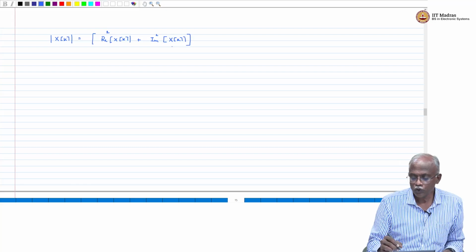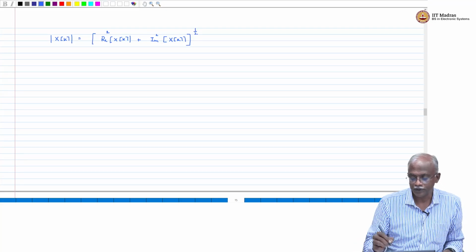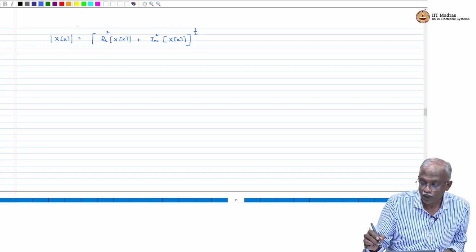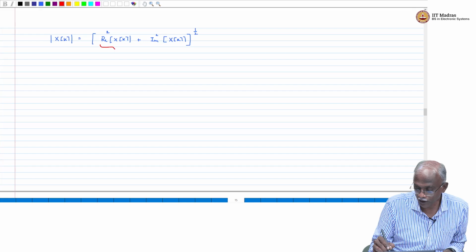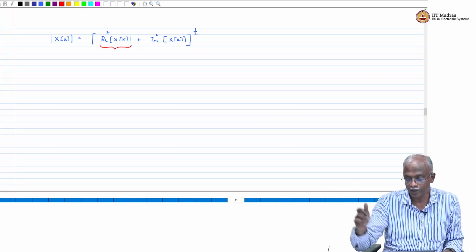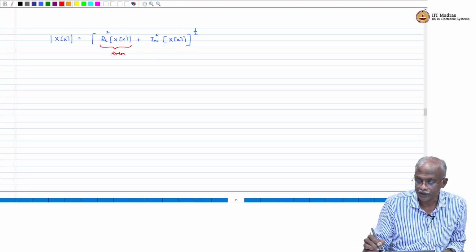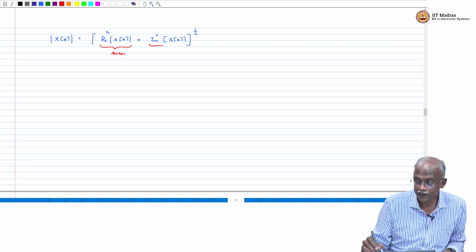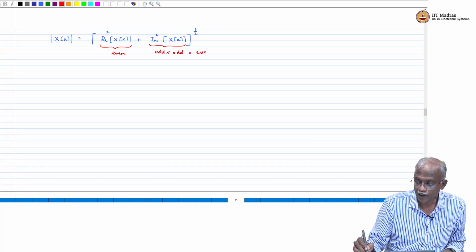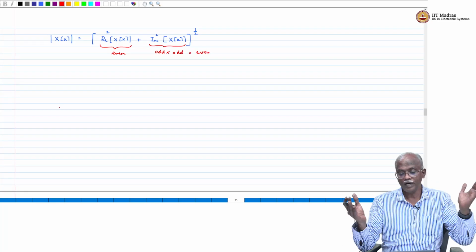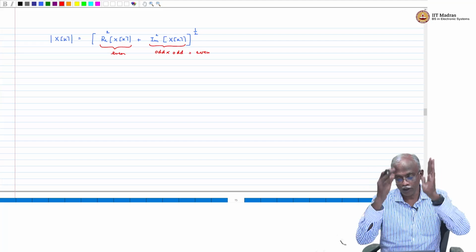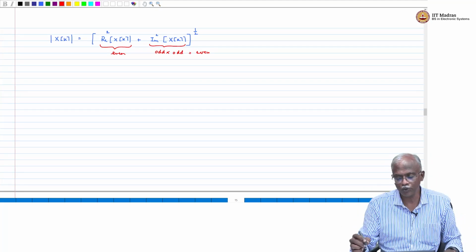Okay, so now when you look at this, raised to the power half, the square root. Now if you are looking at this, it is a product of two even functions, real part into real part. This is an even function. Imaginary part is an odd function, but this is equal to odd into odd, which will become even. Okay, so what we have done is X of k is the square root of real part squared plus imaginary part squared,